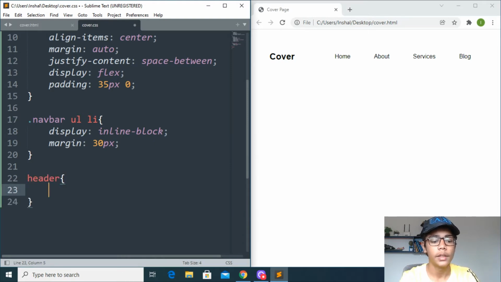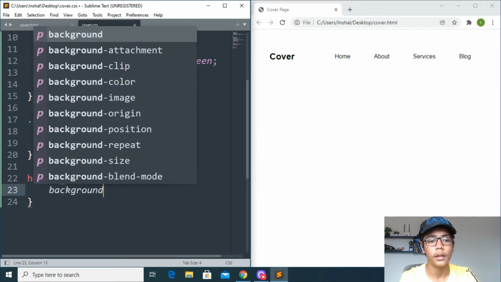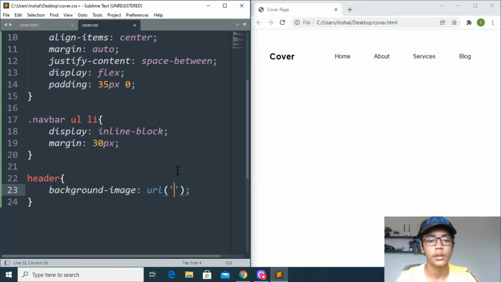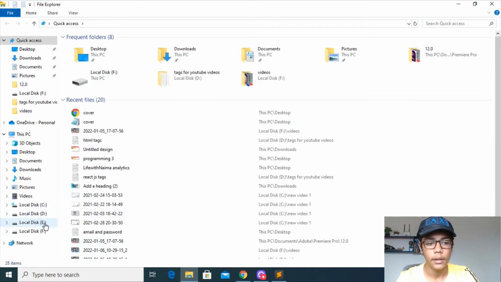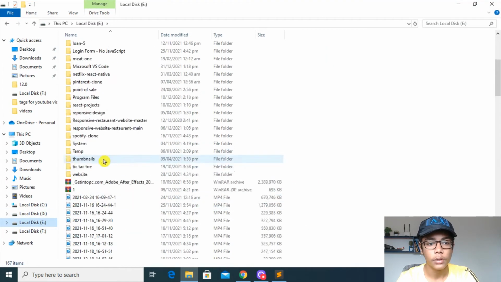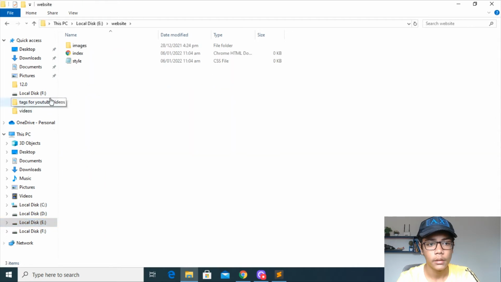When you have written this header text, you can just write background image, and in that you have to write URL. And when you've done that, you have to move to this folder, and you can take any of the background images which you have put. So I will be taking that from anything.